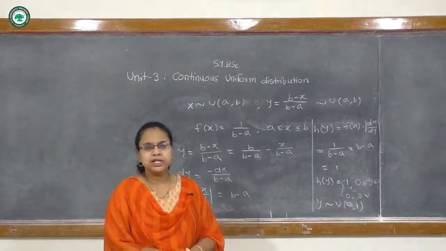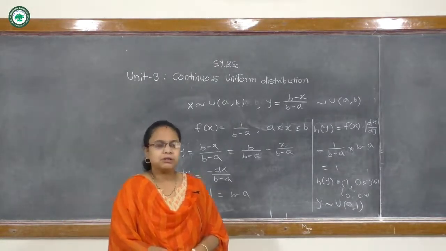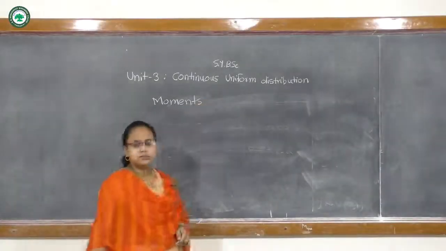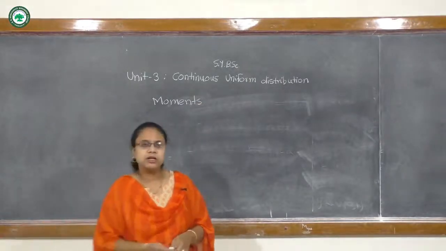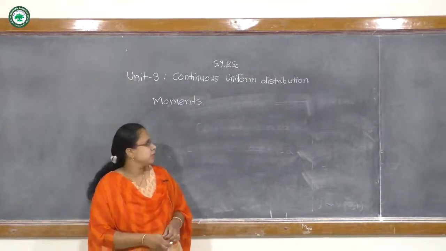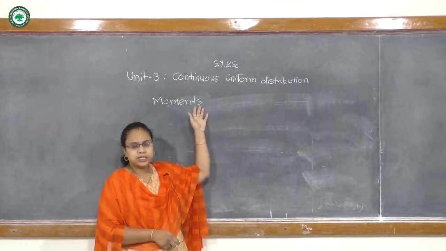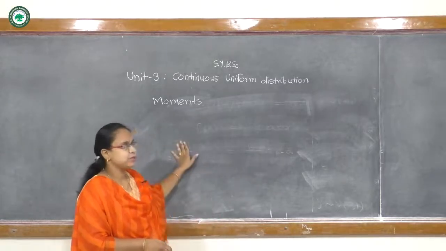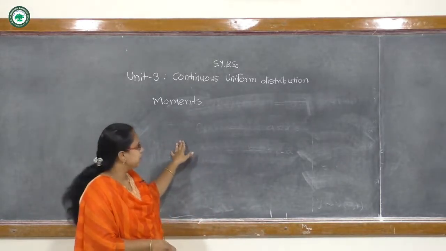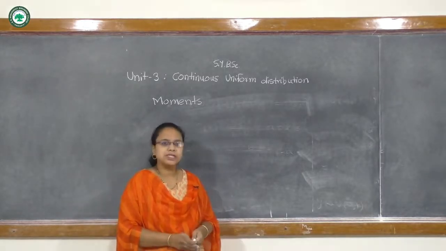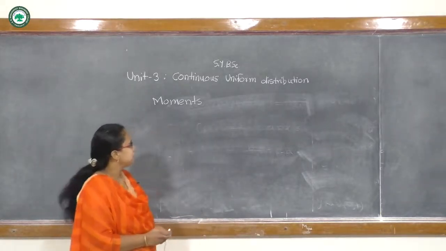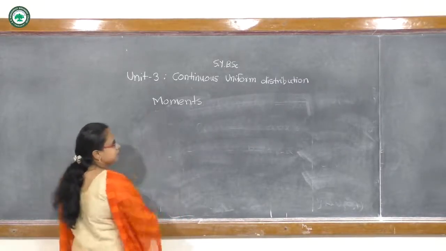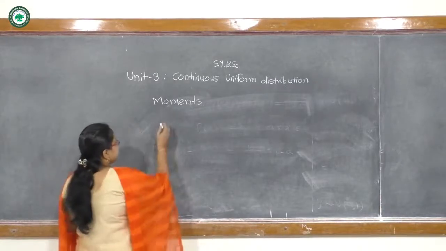We can find out its moments further. So let's take the next point, which is moments. These moments are useful to find the nature of the curve. We can find the Pearsonian coefficients beta 1, beta 2, gamma 1, gamma 2, and say whether this distribution is symmetric or what its skewness is, and also see its kurtosis, meaning whether it is leptokurtic, mesokurtic or platykurtic. So from the moments we will find this.